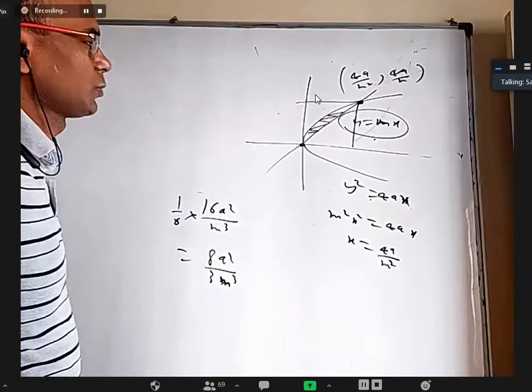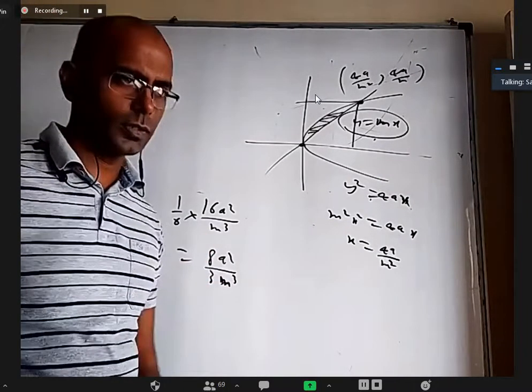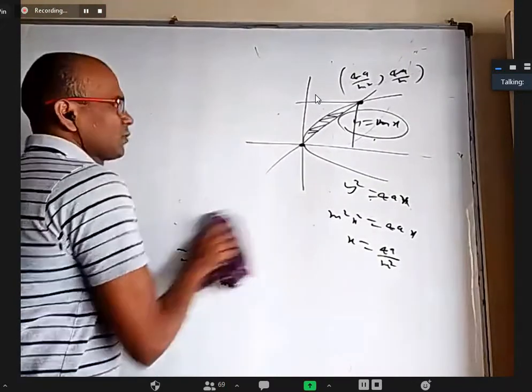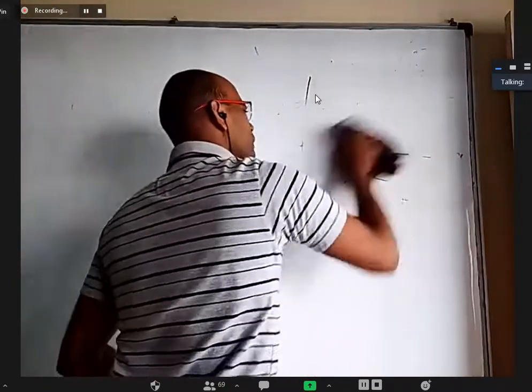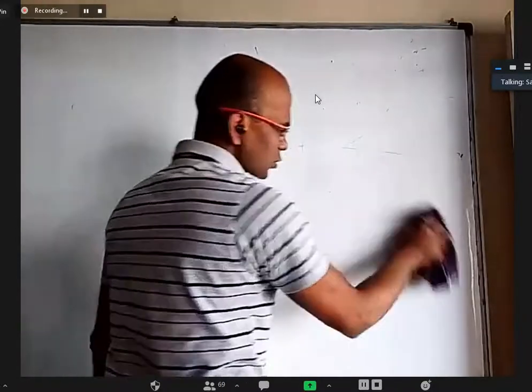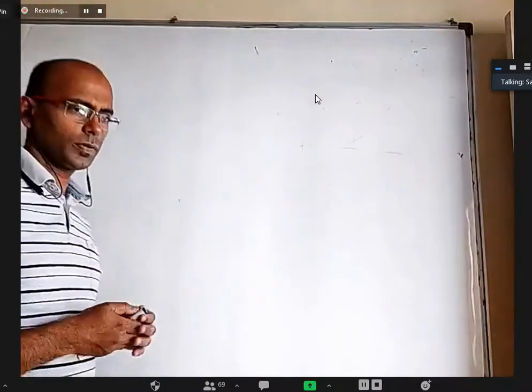Because I got m cube, that's why I'm thinking x, y should come. It's okay. Leave it. But 1/6 of that rectangle, that point is clear. Okay, now I can go back and show, even in the many past year mains questions and advanced questions, this concept can be used.